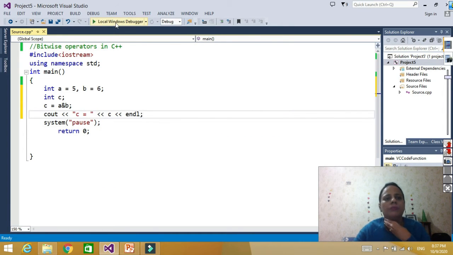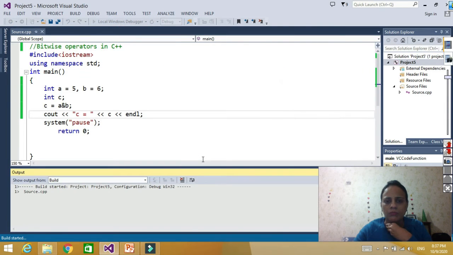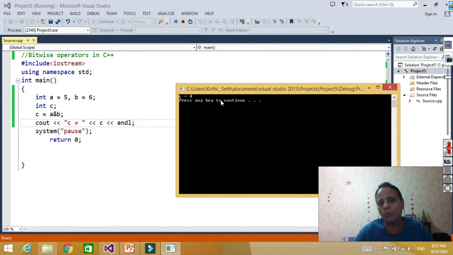Let's check it. C is equal to 4. So this performs the AND operation bit by bit. That's why we say this is the bitwise AND operator.